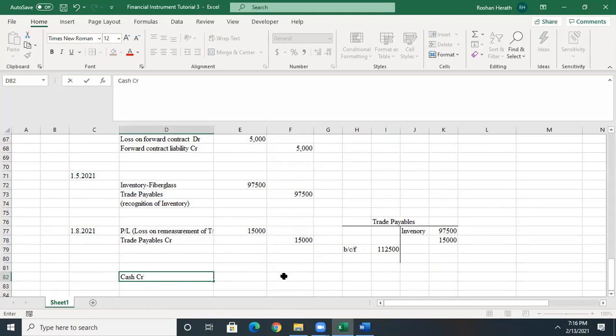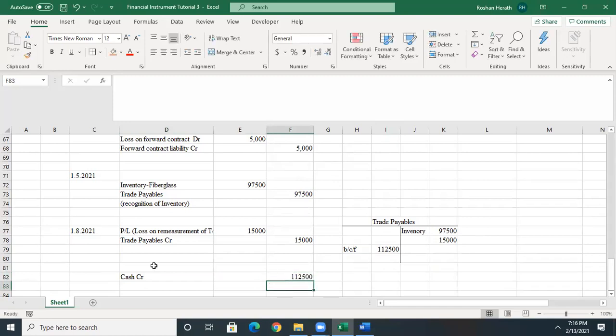You can pay cash 112,500 and you can debit